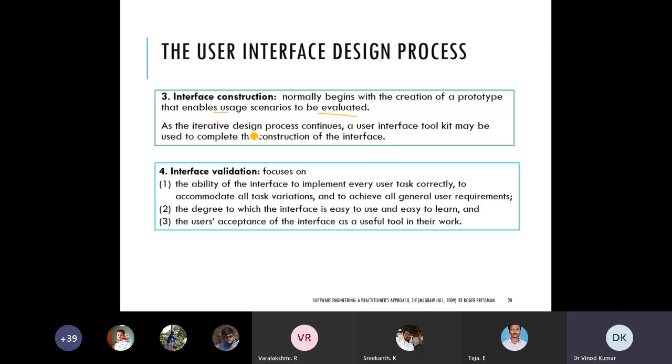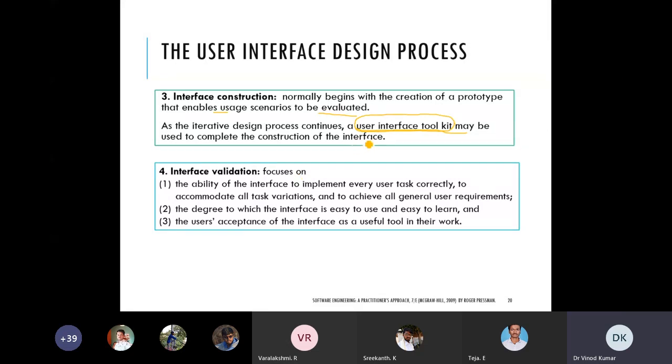So it is an iterative design process, and it continues over an interface toolkit. Because it is an iterative process, it may be very boresome. So what you can do is use a user interface toolkit. This toolkit will help you design that interface with less effort, because you are making frequent changes.